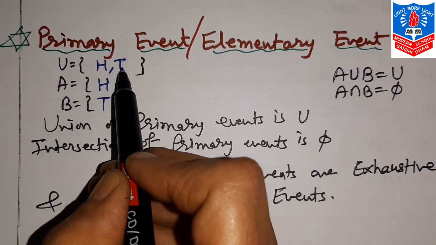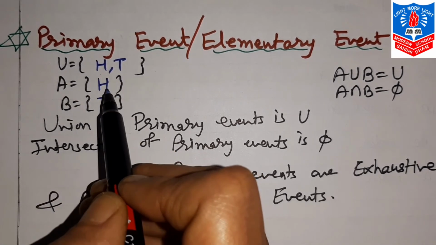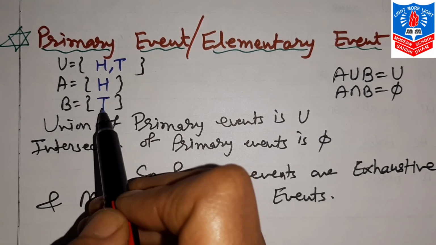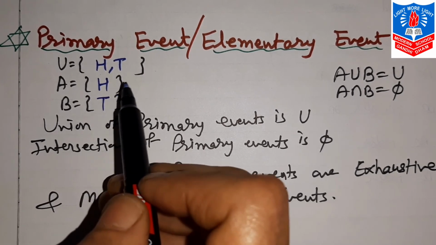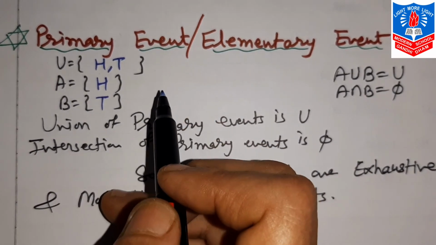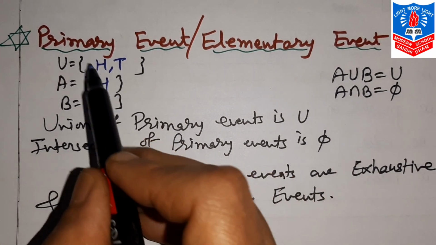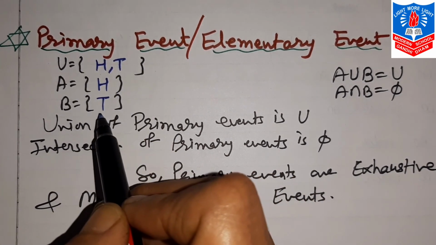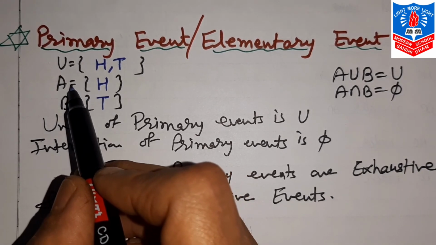So here all possible outcomes of sample space U, singly we take head or tail. Or in the same way, if a 6-faced dice is thrown, then the numbers 1 to 6 individually, single 1, 2, 3, this is A, B, C, D. This way when you take all these individual or single elements, that is events, that is known as